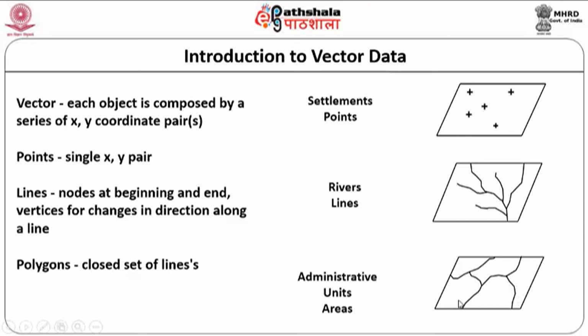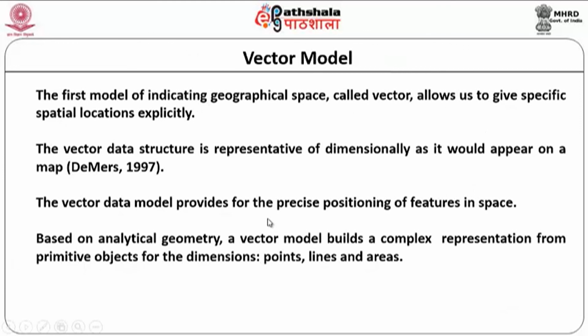Invariably this should be for your land use map, or it could be an administrative map, or whatever map you would wish to do. So that can be provided and that can be given here. So that's what is normally called your polygon data. It's nothing but a closed set of lines. So that's the best part of your GIS. So with the vector data, again, there are only three basic features, namely the point data, line data, and the area data.